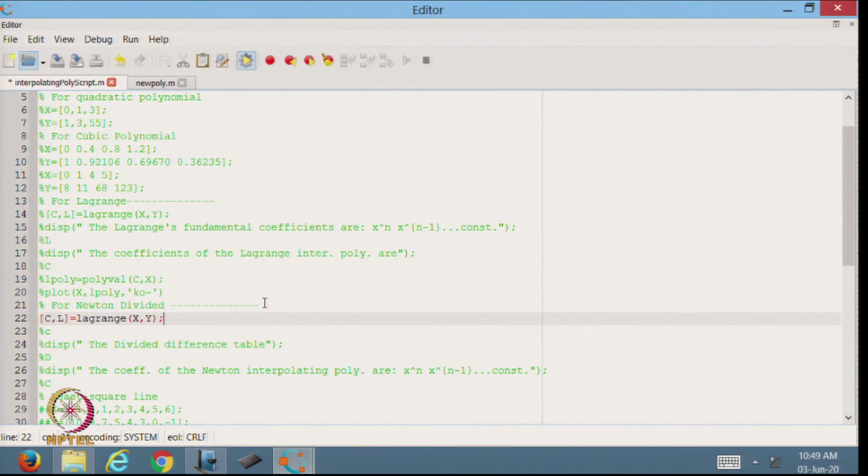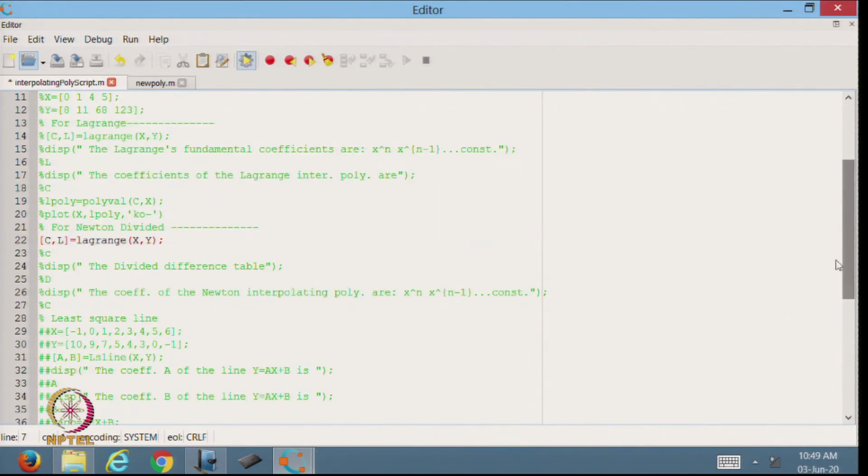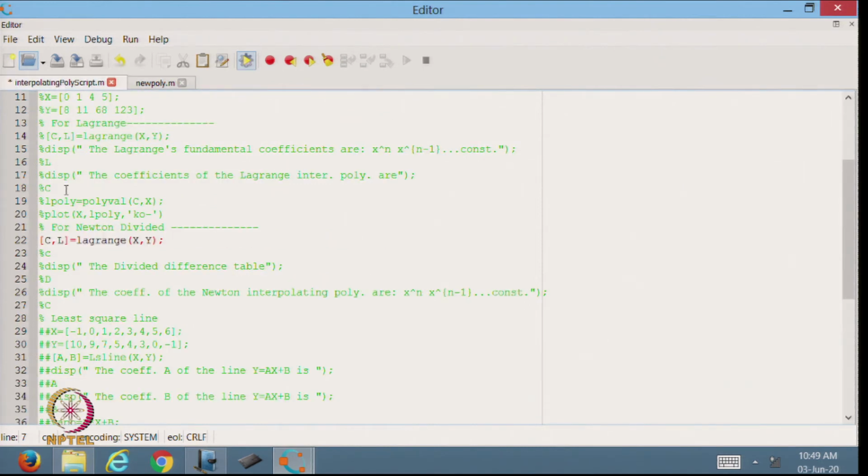So, control V, and this is my x and this is my y. The same y I am taking as we have taken for the Lagrange also. So, in this case if you see my output is C and D. So, my output is C and then I will write here D.